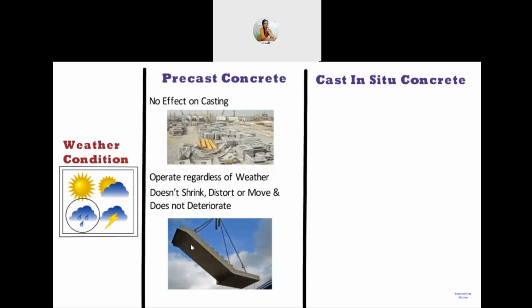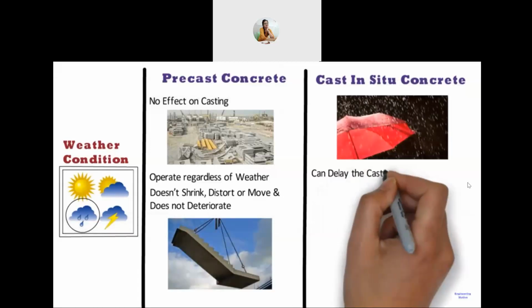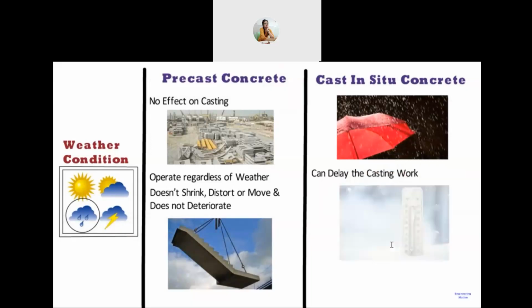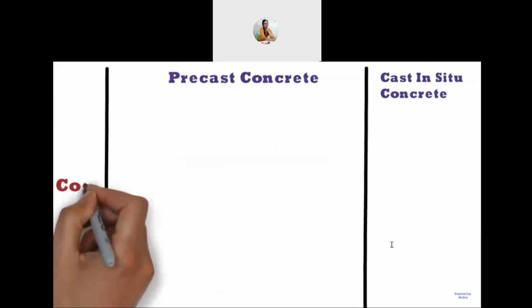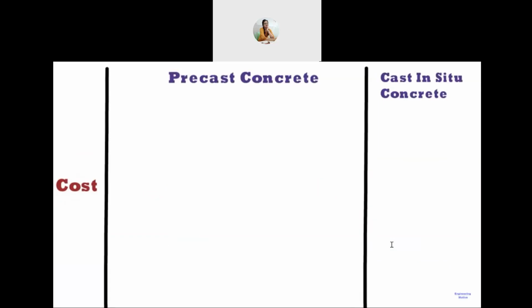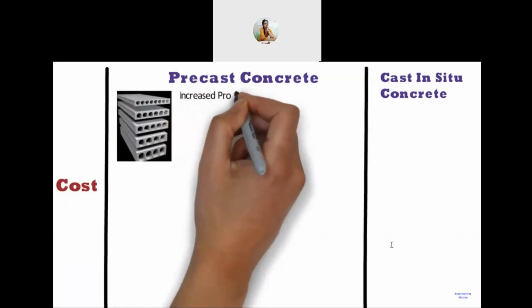Whereas in case of cast in place concrete, unexpected weather conditions can delay the casting work, and if concreting is happening in cold weather, then it can add cure time. Cost. In case of precast concrete construction, similar types of components are produced fast, resulting in increased productivity